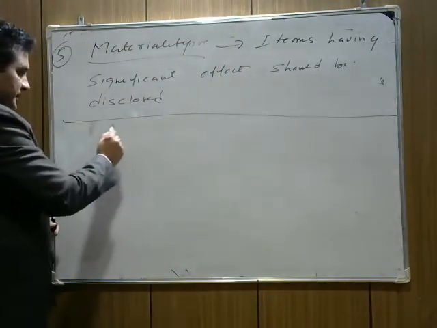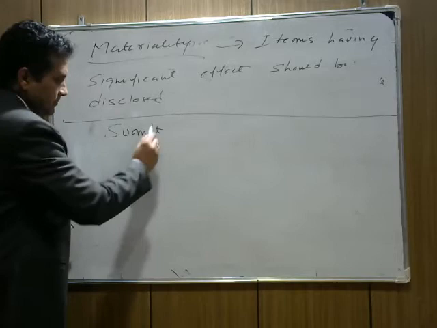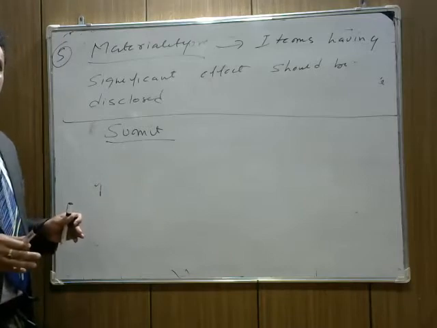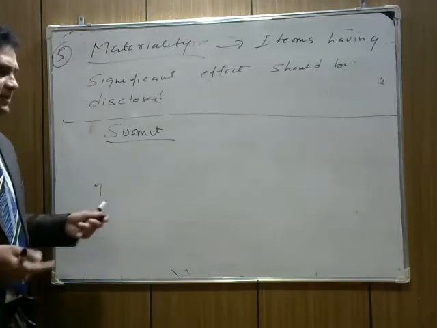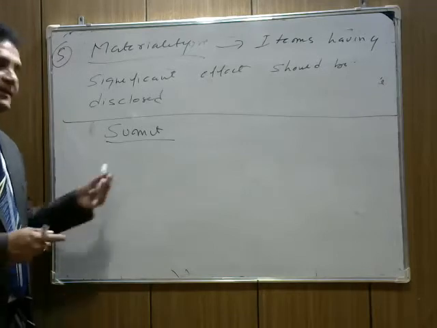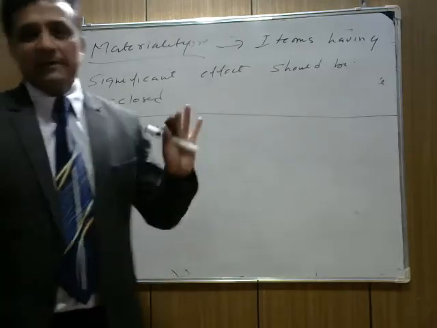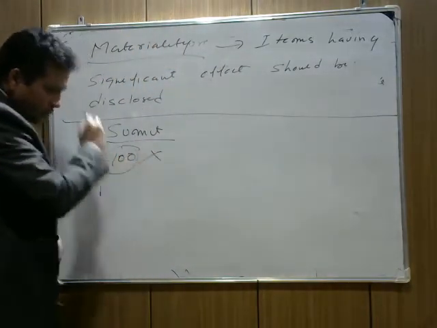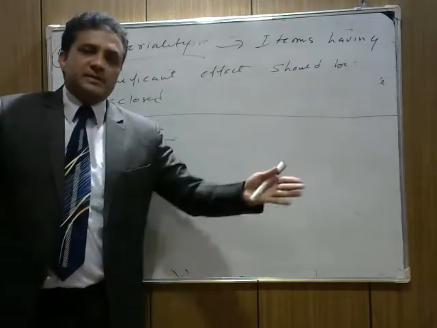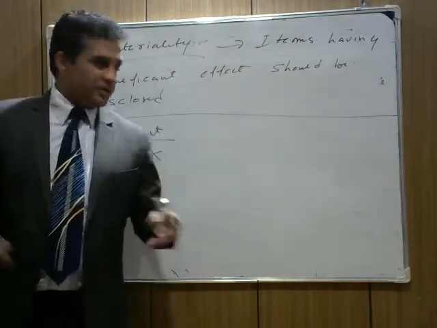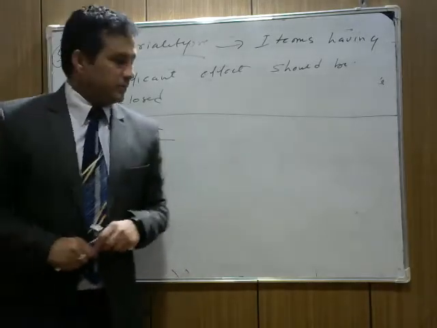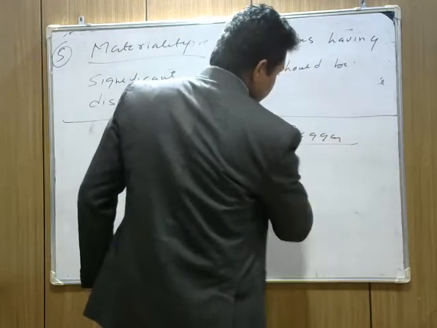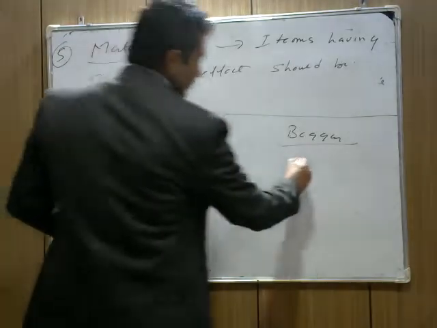Now, example. I'll give you your example only. Suppose Sumit is a person, and Sumit is a very rich person. He's getting a pocket money of rupees 10,000, a huge amount, every month. 10,000 rupees की pocket money मिलती है. सुमित के 100 rupees खो गए. I understand that. Sumit lost his 100 rupees. Now, यहाँ पर एक beggar भी है.